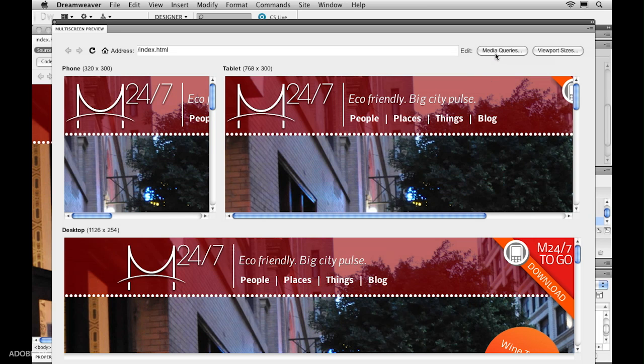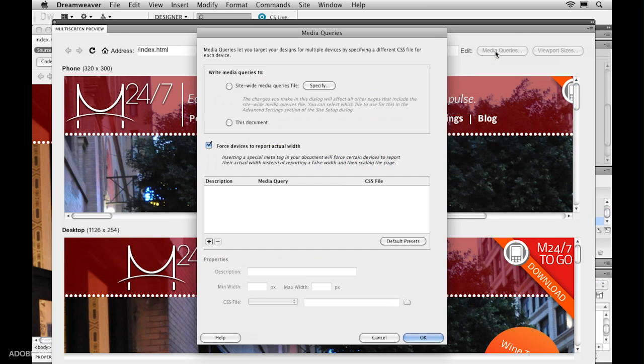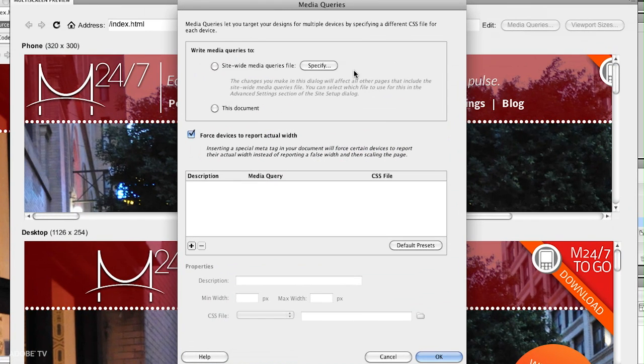But I want to change that presentation, but just when you're on one of these types of devices. So I'm going to use the Media Queries button. Now, when I click up on my Media Queries button, I have the option of specifying a CSS file for either this document or site-wide. If I'm going to be laying out a lot of different pages, this would probably be my option. But for right now, for the purpose of this demonstration, I'm just going to add these media queries to this